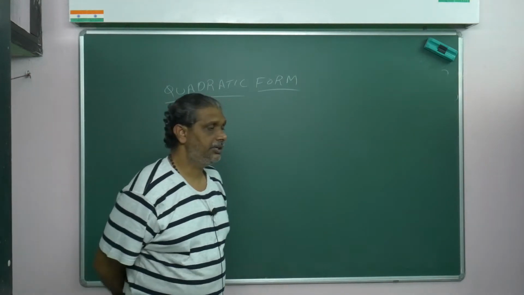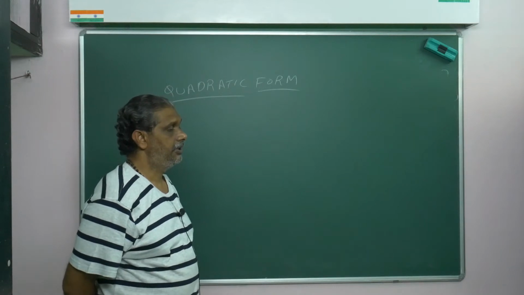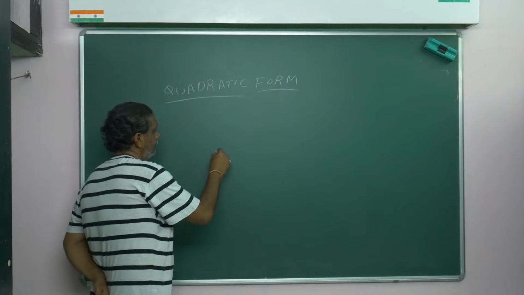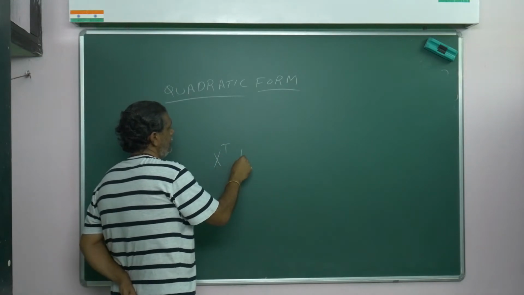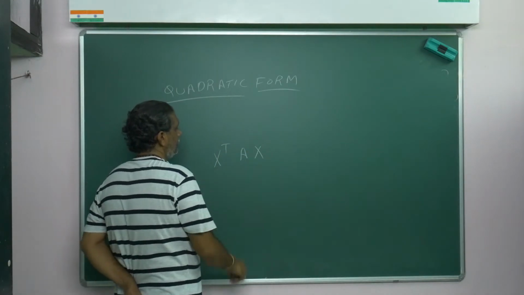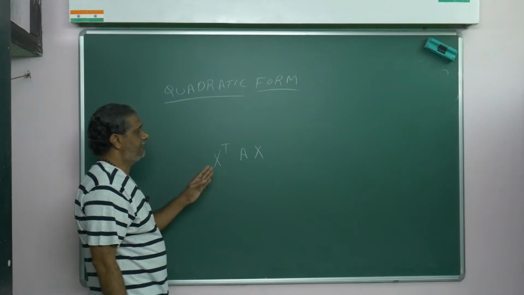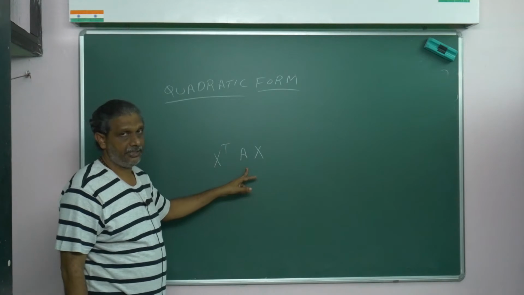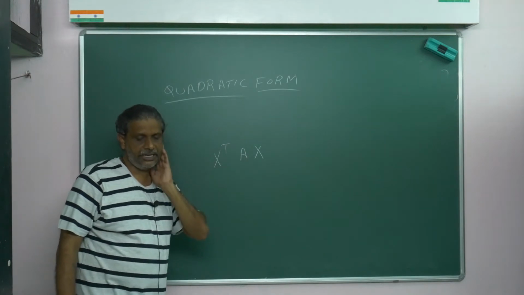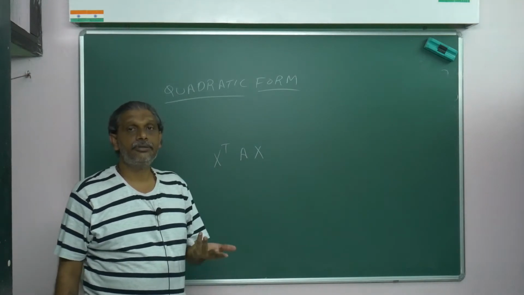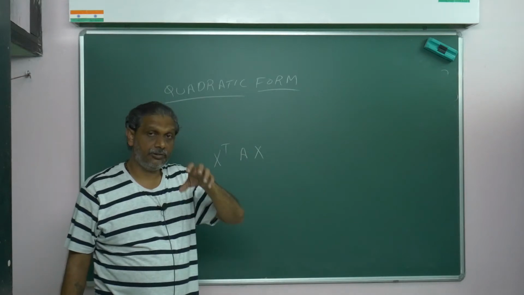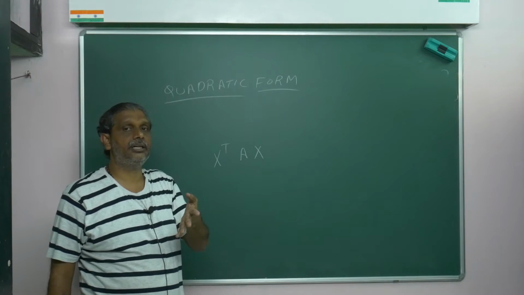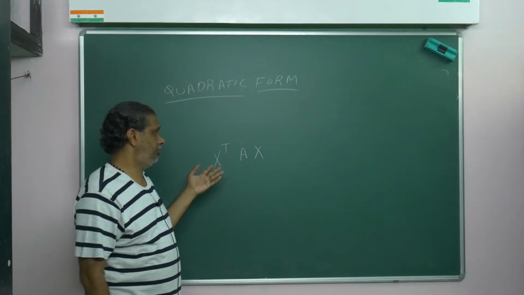See, so quadratic form in matrix means what? You can write the matrix in such a way: x^T A x. But the first thing is, if you want to write it in quadratic form, the matrix should be symmetric. At your level they will guarantee a symmetric matrix only. Sometimes they give a non-symmetric one, and you have to bring it to symmetric form. So at your level you don't worry.